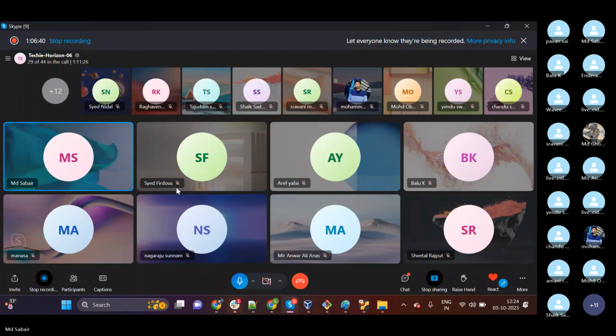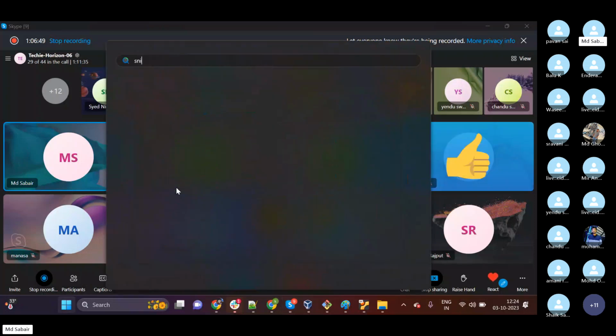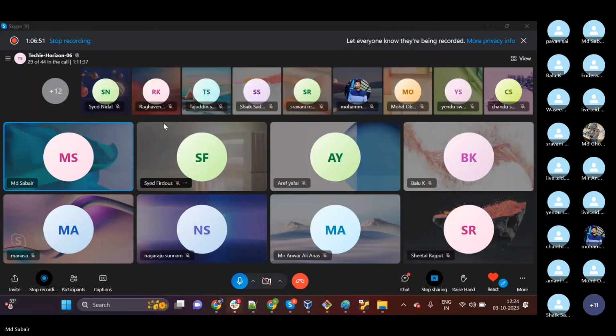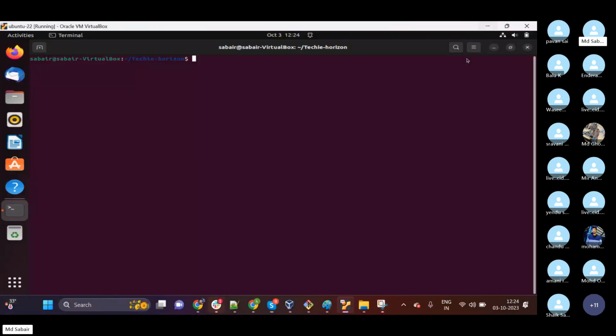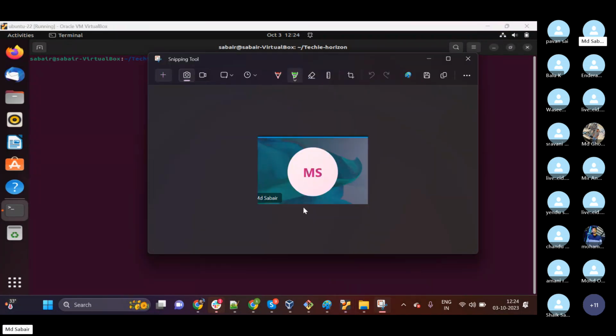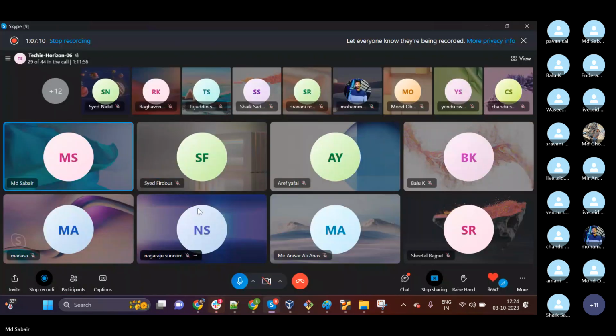From today, you should document all the commands you are executing, meaning you should take screenshots. How will you take a screenshot? By using the snipping tool. Right click, for example, I want to take the screenshot. Copy, open a document, any Word document, and paste it over there. Okay. Got it. Yeah, let me stop this recording.